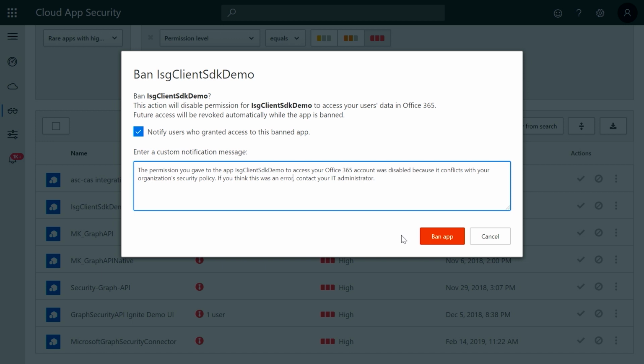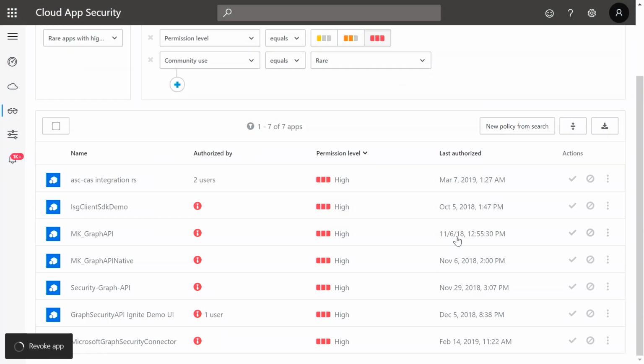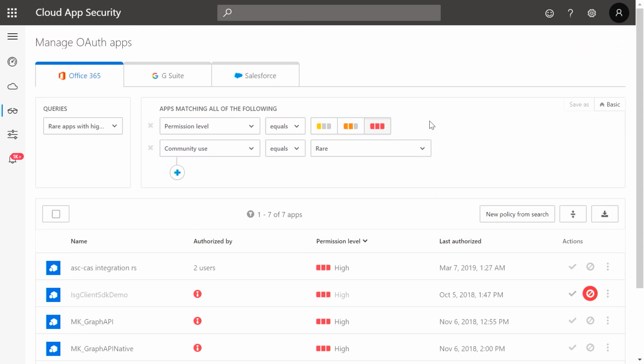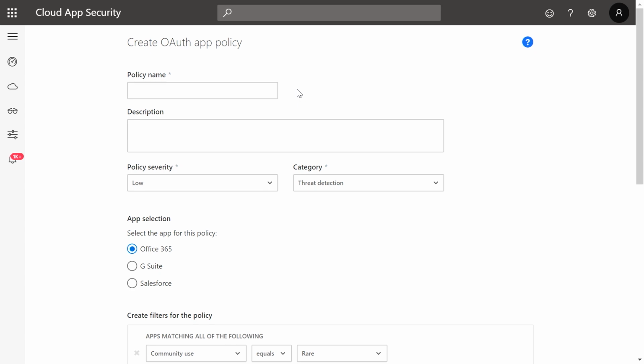In large organizations, we often see thousands of OAuth apps, requiring security teams to be able to automatically be notified when risky apps are identified, and potentially to automate governance. To create a policy focused on the discovery and management of OAuth apps, click on New Policy from Search. Now, you can define a policy based on the query that we just used.